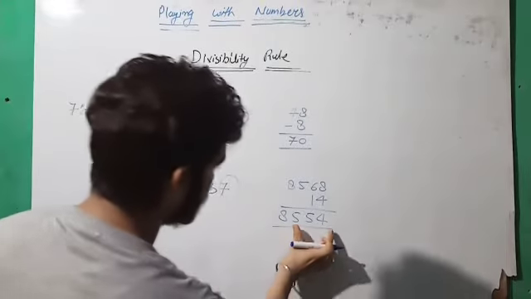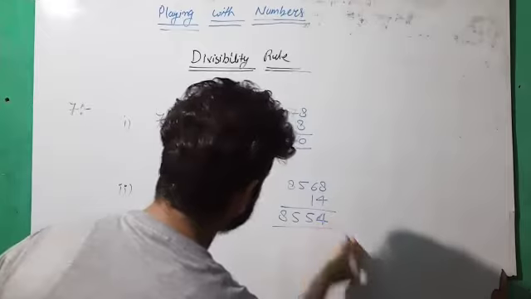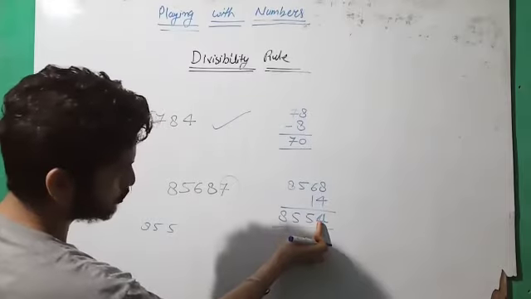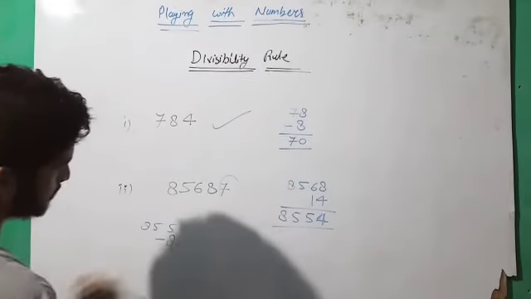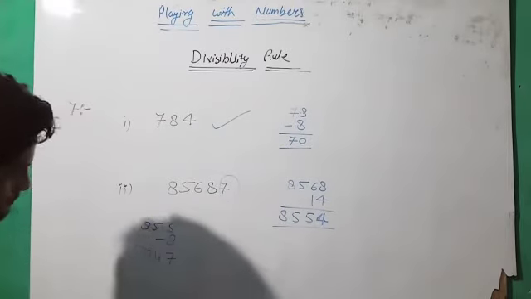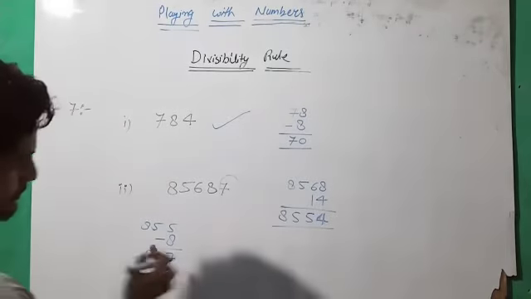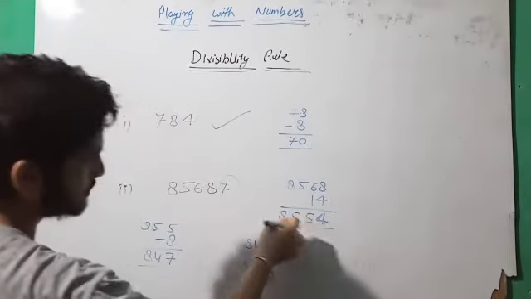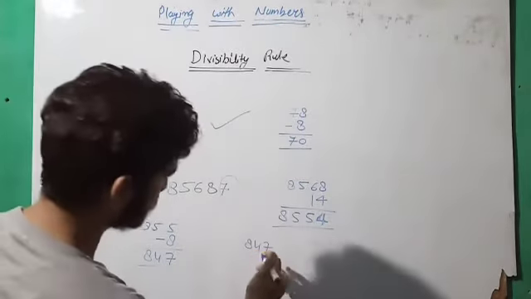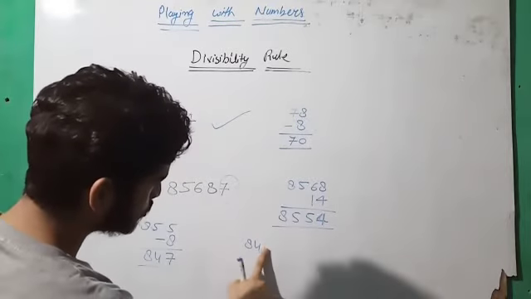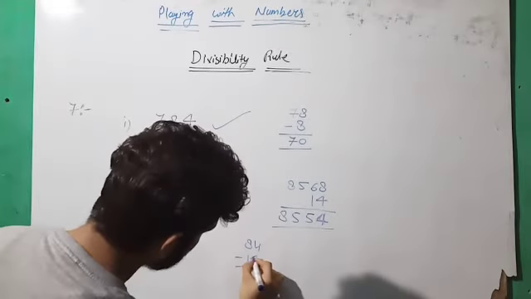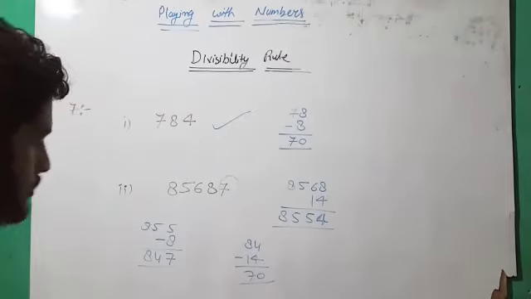Again, this is a big number. So if we have a large number, then again 4 into 2, then the remaining part is 855. Subtract 4 into 2 from this number, and this becomes 847. Okay, 847. These are different types of numbers. You can find out whether the number is divisible by 7 or not by using this method. 847 means 7 into 2, that is 14. So 84 minus 14 is 70 again. So 70 is divisible by 7, so the number is divisible by 7.